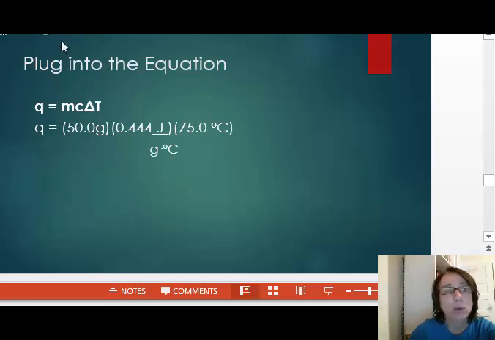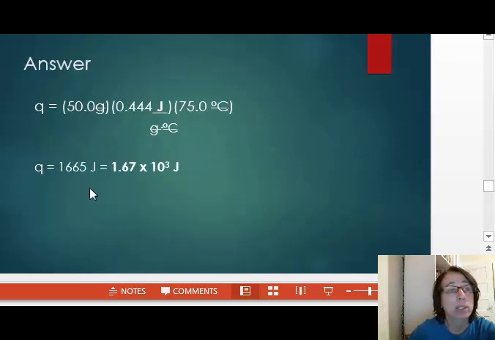When I plug in the values for mass, specific heat capacity, and change in temperature, I see that all the units cancel out except for joules. Grams divided by grams is 1, and degrees Celsius divided by degrees Celsius is 1. When I multiply 50.0 by 0.444 by 75.0, my calculator displays